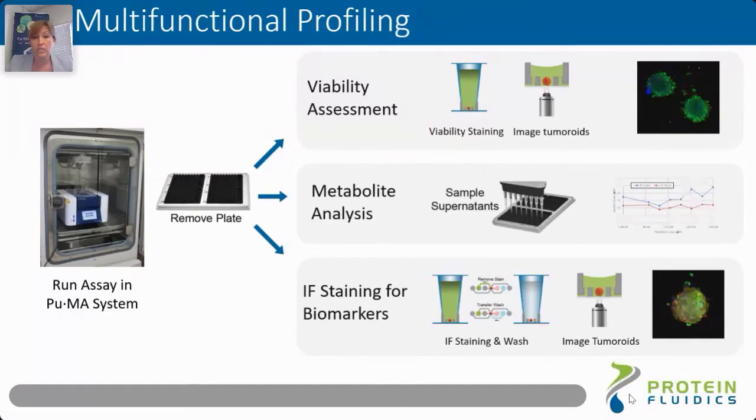And also at the end, we did immunofluorescence staining for biomarkers and again did confocal imaging for that. So you can really see here there are multi-step complex assays that could be used really nicely with the machine automatically and allows you to collect a lot of data and again, to do what we like to call multifunctional